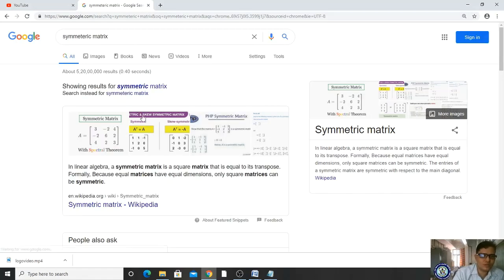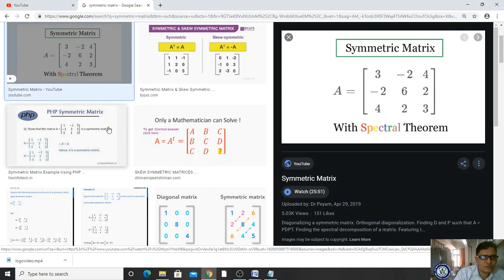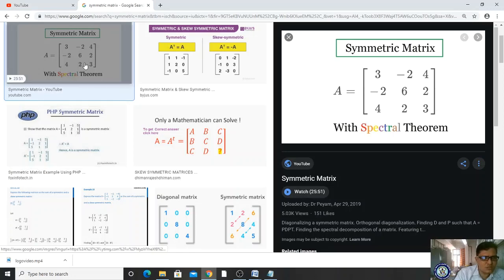please observe here. You are identifying the symmetric matrix here. Is it a symmetric matrix?